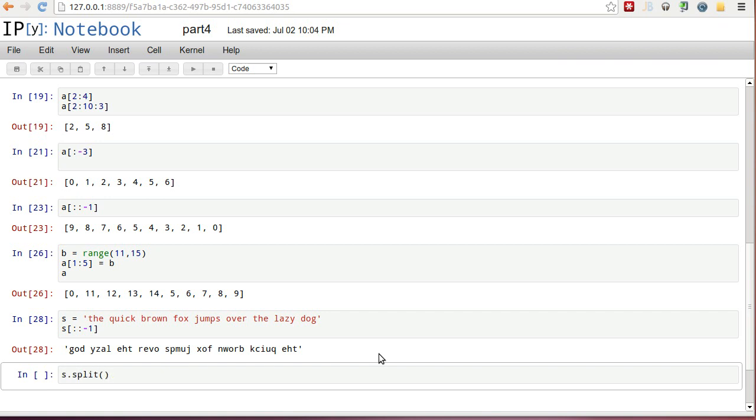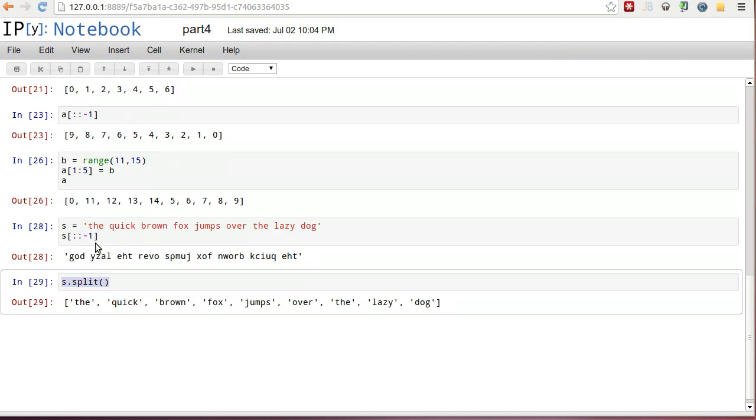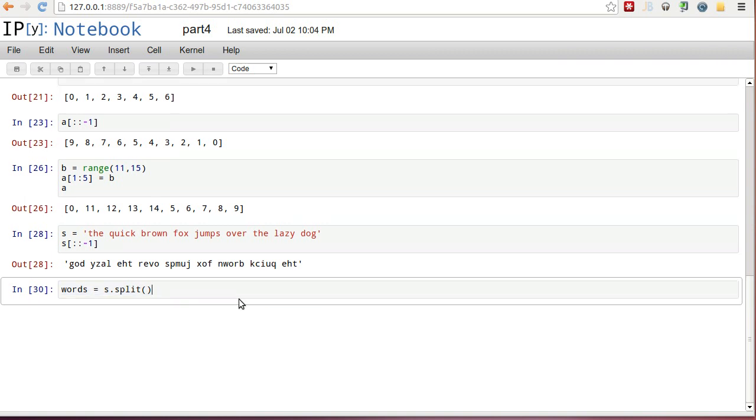Now that's the split method of any string object. By default, split separates out the groups of letters based on the space delimiter. So in this case, because space is the default, I now get out the words. So I might as well just call that words. Okay, and now to show you what a list comprehension could do, I can, for example, go